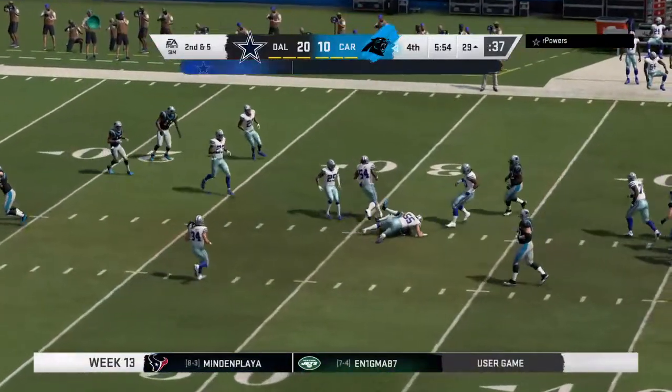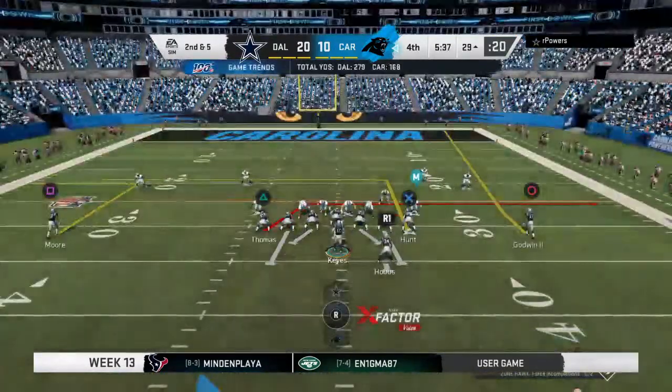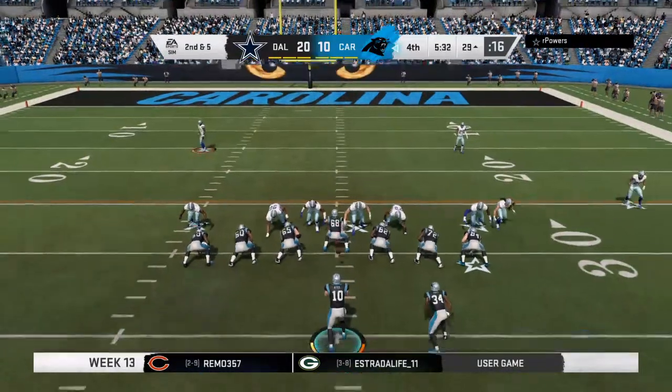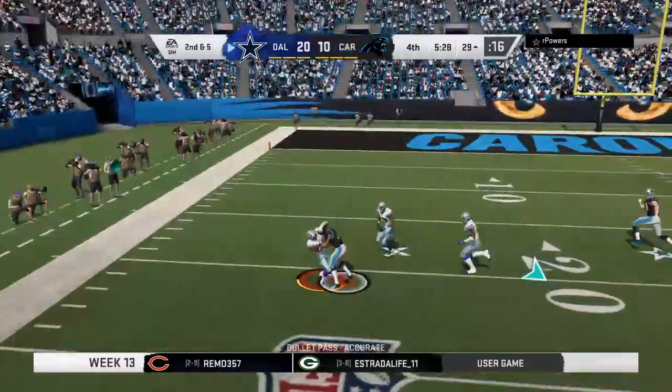One thing I think that's safe to say defensively, the tackling's been really good. And because of that, it's been very, very hard for them to move the ball because you're not getting the benefits of run after catch. You're tackling them almost on the spot. That means they have to run extra plays, harder to...